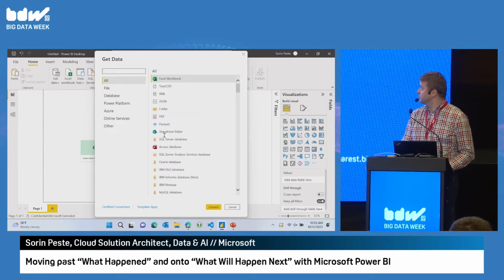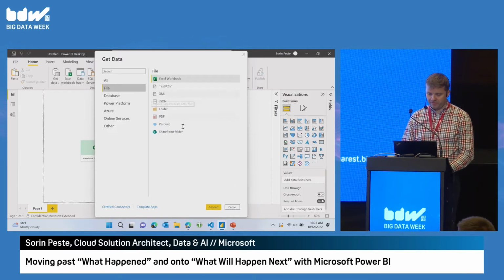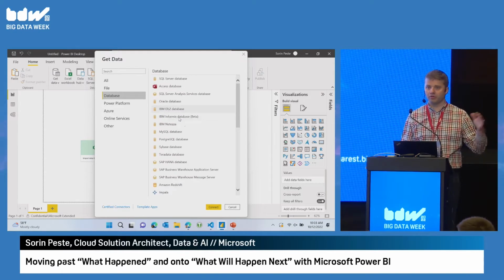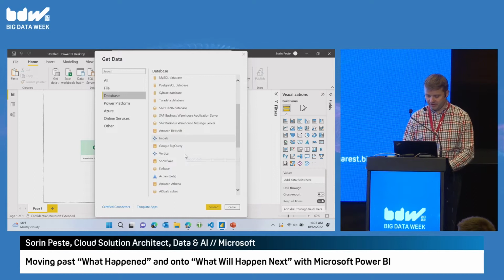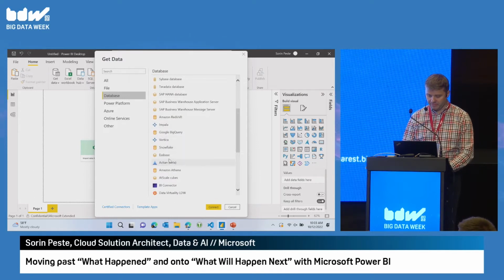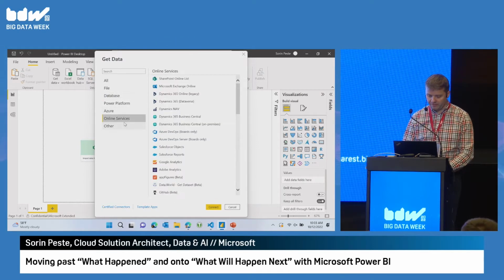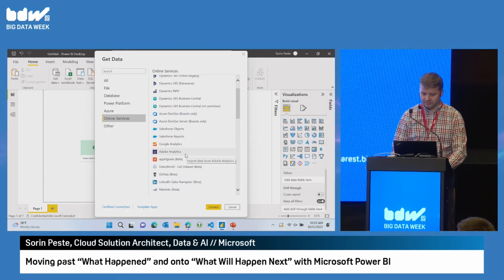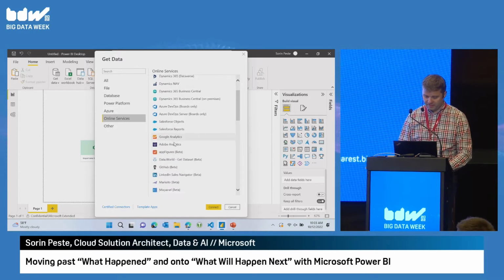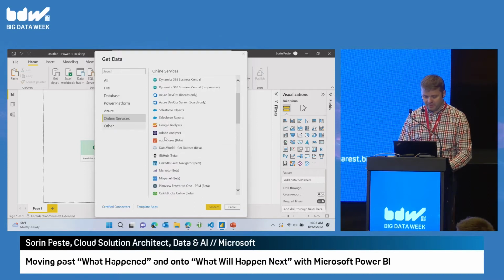Just do a quick list here, so you can see we have a bunch of files that you can connect to. We have databases: SQL Server, Oracle, IBM, Sybase, Snowflake, Redshift in Amazon, and pretty much everything in between. We have online services, so Dynamics, Google Analytics, Salesforce. All of that is baked in as connectors.